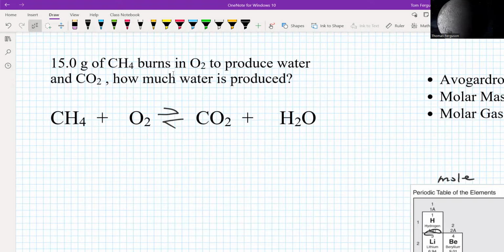Here we have chemistry, because what's given is methane. What you're calculating is water. So you've got to go through a chemical process to go from the methane to the product. And that's the reason why you balance the equation also. So step number 1. All of you should know that this is not balanced the way it's written, because remember, I had you all learn the combustion of methane. So when we go to balance it,